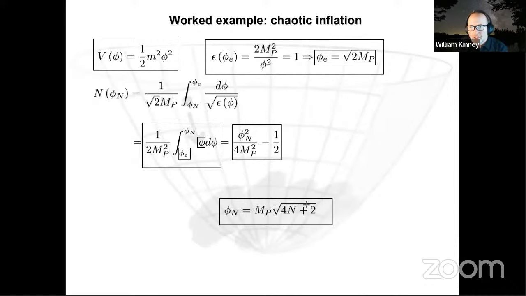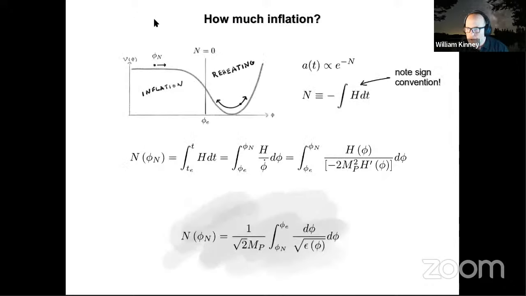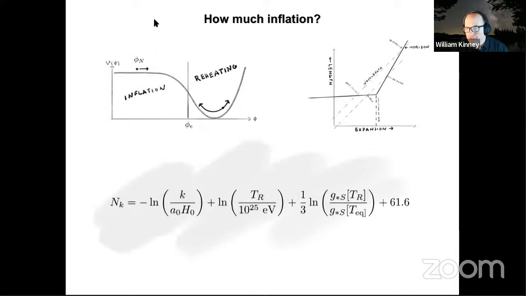Okay? So the point here is that I can use the slow roll approximation, calculate where the end of inflation is, integrate backwards, and then calculate what the field value is a certain number of e-folds before the end of inflation. And that is the point at which a perturbation of a certain wavelength exited the horizon. And I can relate that to the wavelength in the current universe: if I know the number of e-folds, then I can go back and use this expression.